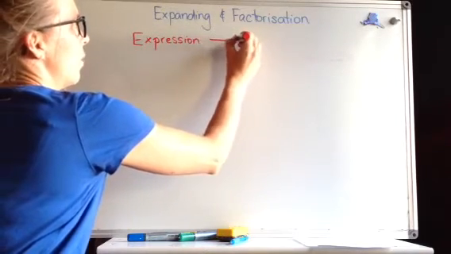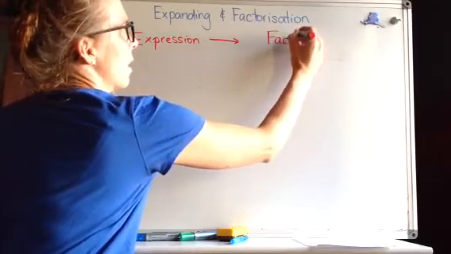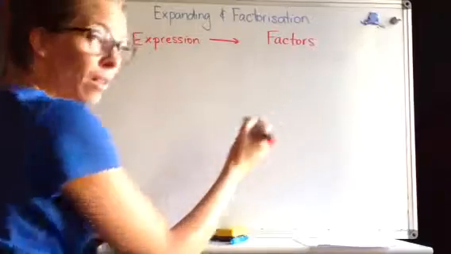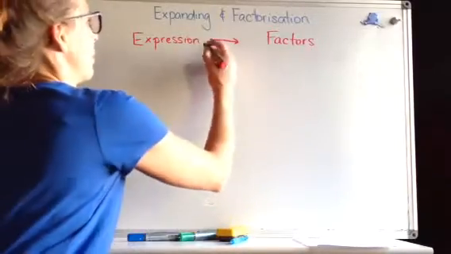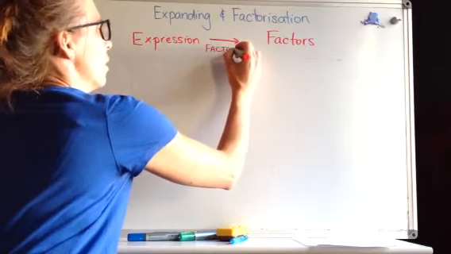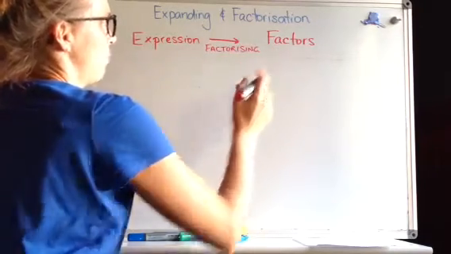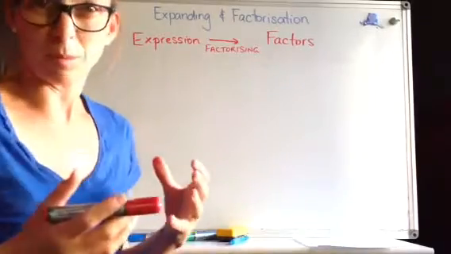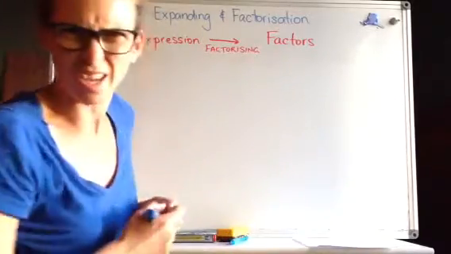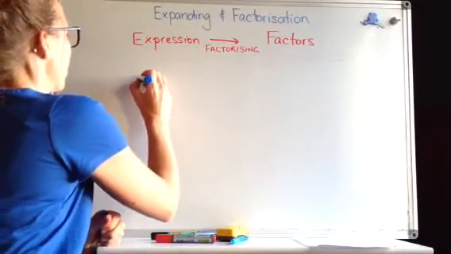And we're going to find a way to get to the factors that make up that expression. The process we use is called factorising or factorisation. Okay. So we're going to start with some of the simpler versions, just to get your head around it a little bit. And in fact, you've sort of done this in the past to a degree. So, for example,